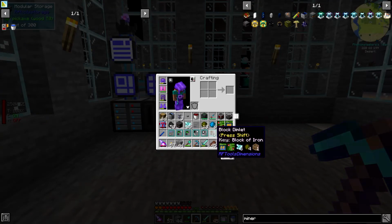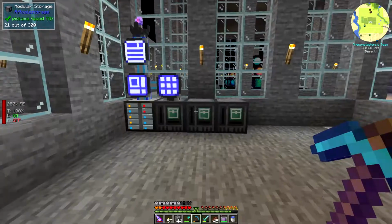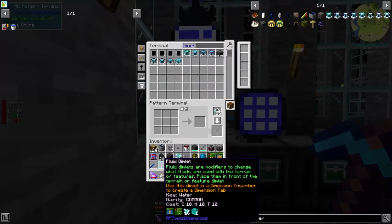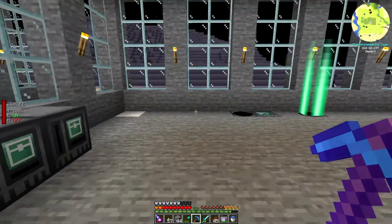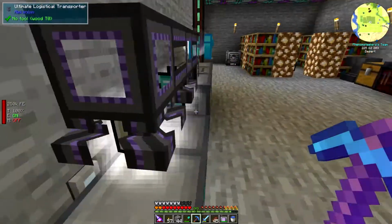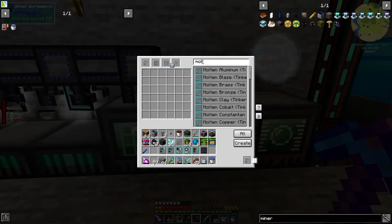dimlets that I will need for today's episode. However, I do need to make a fluid dimlet, and I haven't done that on camera yet. I did make a water one off camera just to make sure that I knew how everything worked. But basically, I need to make a molten iron dimlet, and let's go downstairs and see exactly what we need for that. So let's type in the molten iron,